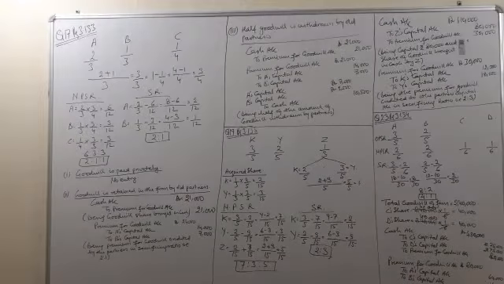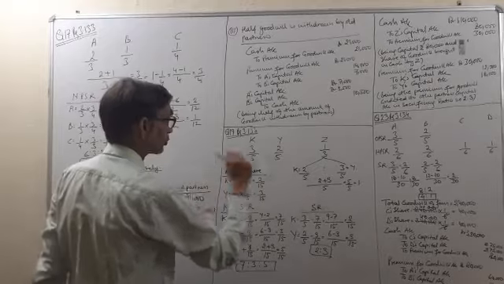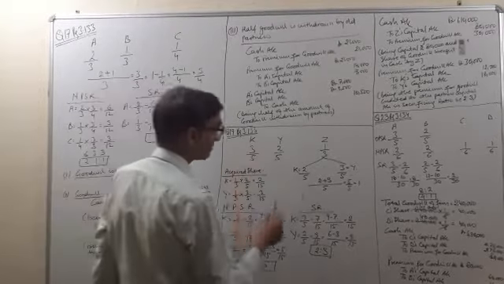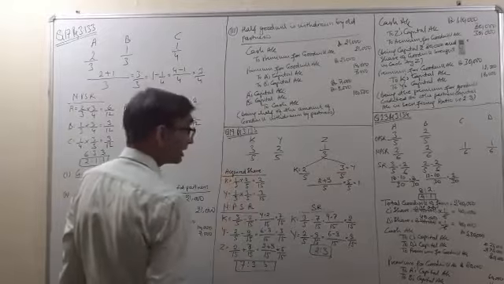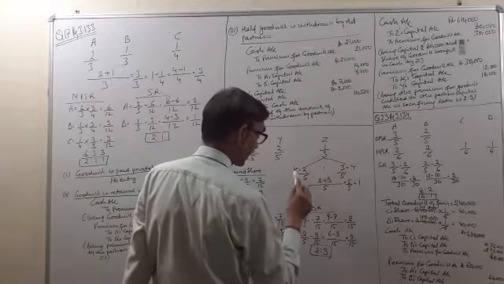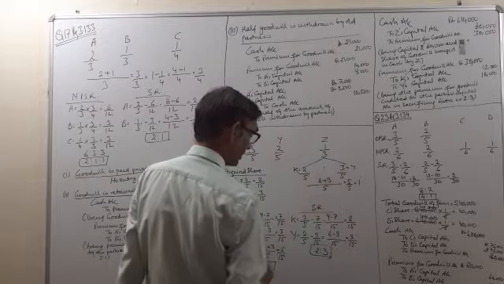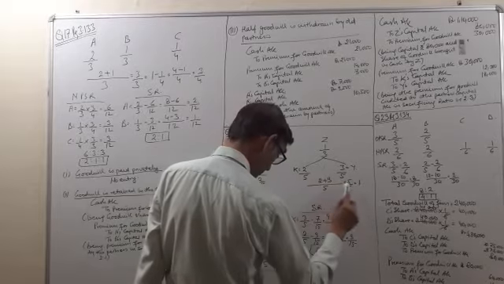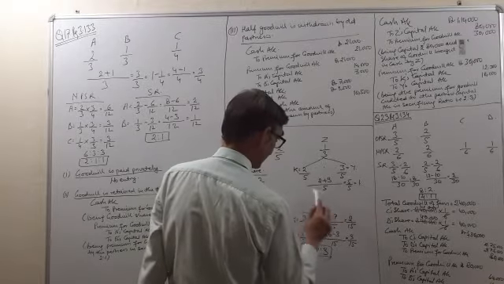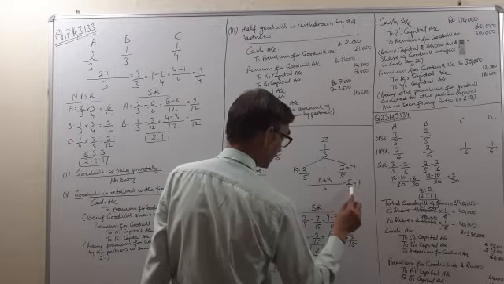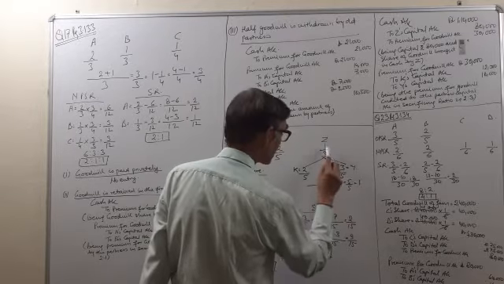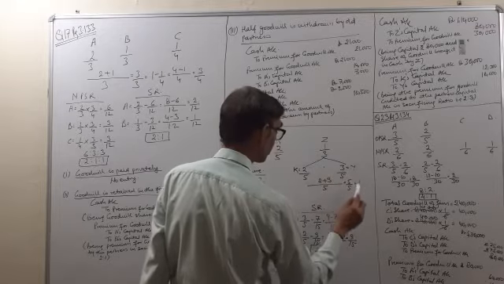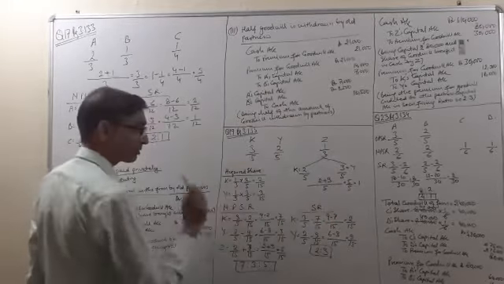So here X and Y are the old partners and Z is the new partner. X and Y were sharing profits in the ratio 3:2, that is 3/5 and 2/5. Z is coming for 1/3 share. Z acquired this 1/3 share from X and Y in the ratio 2:3. 2:3 means 2/5 and 3/5. We will add this up; 2 plus 3 is equal to 5/5, which is equal to 1. His share is 1/3 and the total of this is 1. They are not equal. Therefore, the acquired share will be calculated.